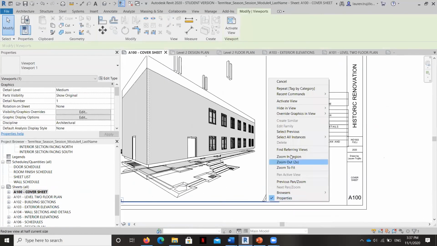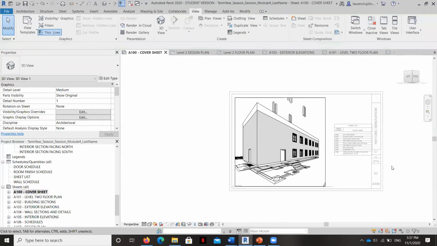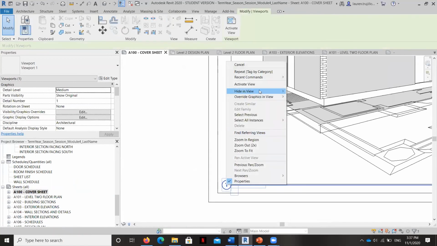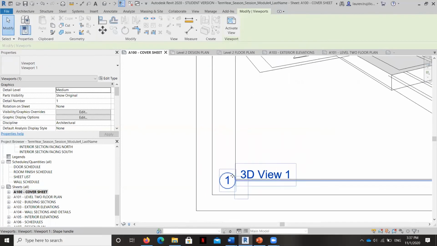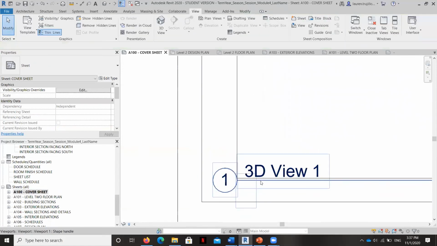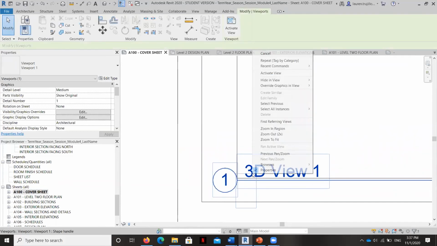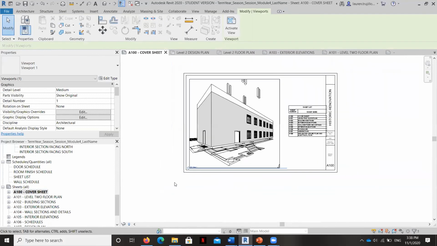I'm going to hide this label in view, if it'll let me. It's not letting me delete that.